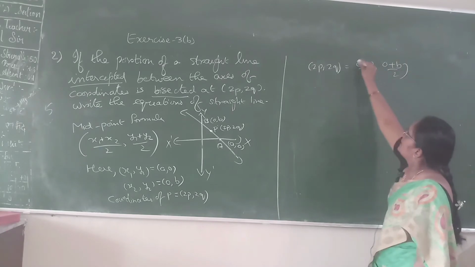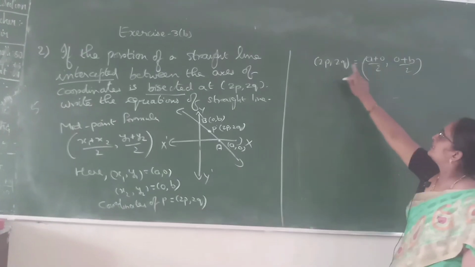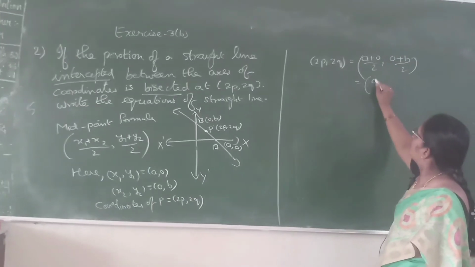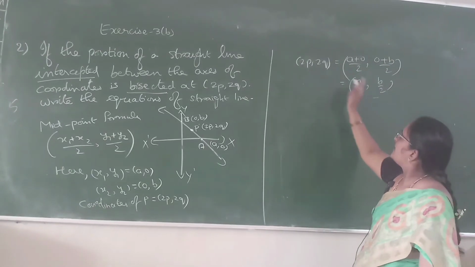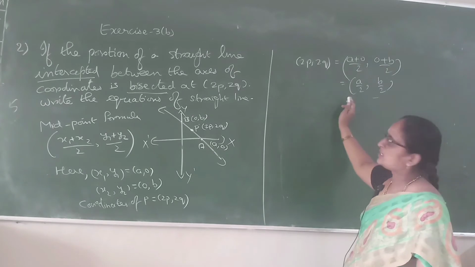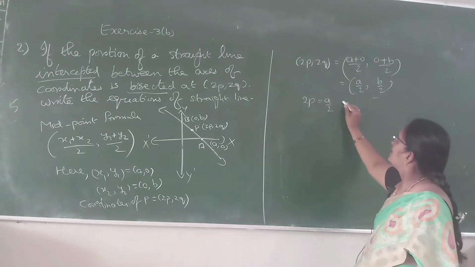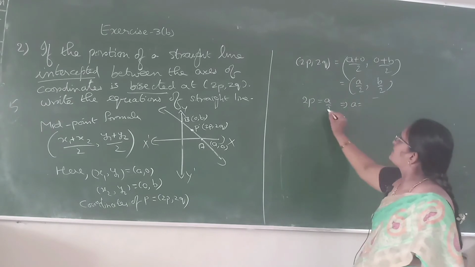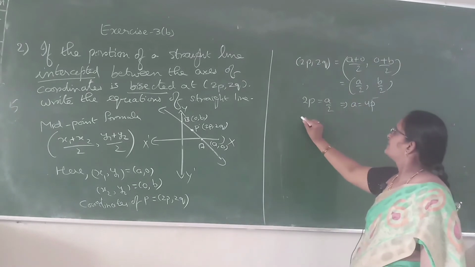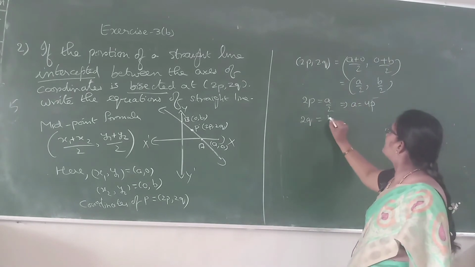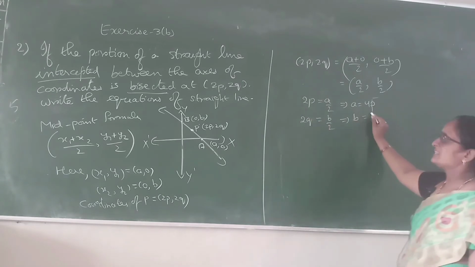because this is the midpoint. That is why we are using these coordinates 2p comma 2q, which is equal to what? A by 2 comma b by 2. Now let us compare the x coordinates. So what will you get here? 2p is equal to a by 2, which implies a is equal to, cross multiply here, 4p. Similarly, you take 2q. 2q is equal to b by 2, which implies, cross multiply here, b is equal to